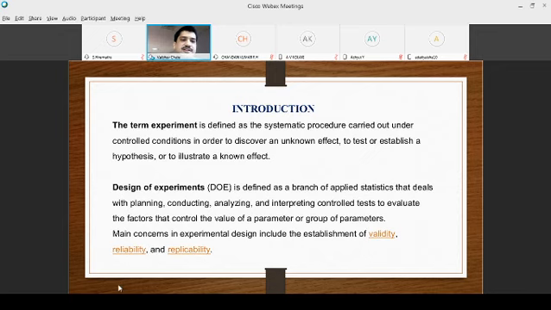The first thing we need to understand is, in the design of experiment, what we would like to achieve. Should the response be in terms of profit, or should the response be in terms of quality? Quality means with respect to what parameter we need to consider. So all these things will be coming. So I was talking about the quality aspect.